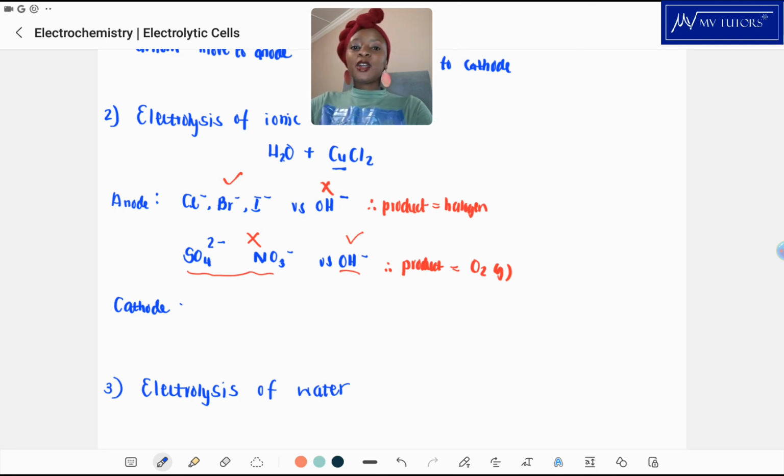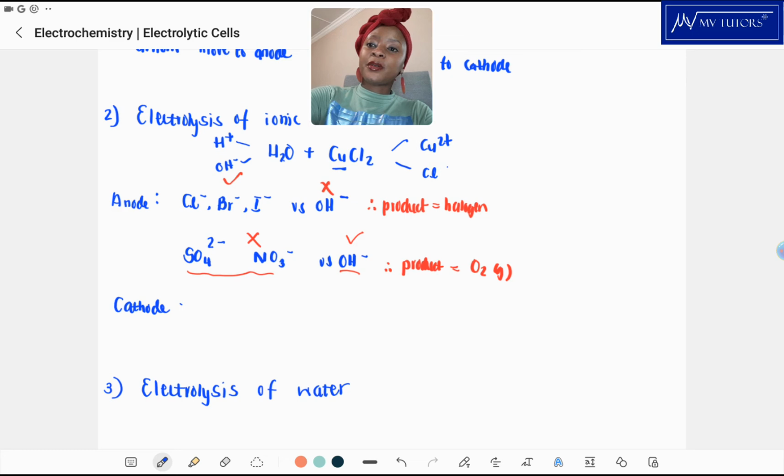So you will be comparing the metal ion, your cation, as well as your hydrogen ion, because remember, for water we had the hydrogen ion and the hydroxide. So we'll be comparing cations such as the hydrogen ion, and here you have your copper ion and your chloride ions, two of them. At the cathode, it's really just looking at the metal